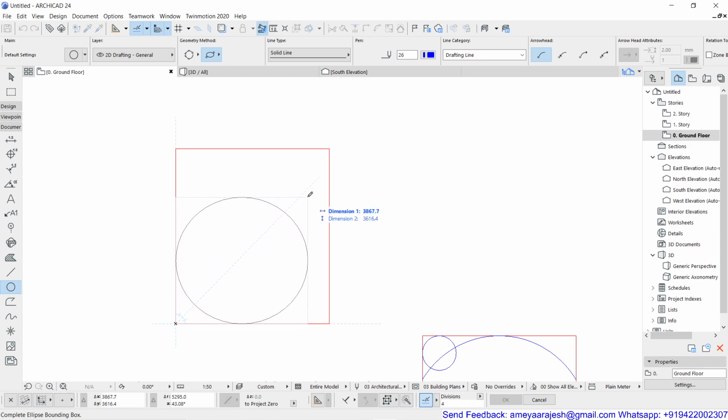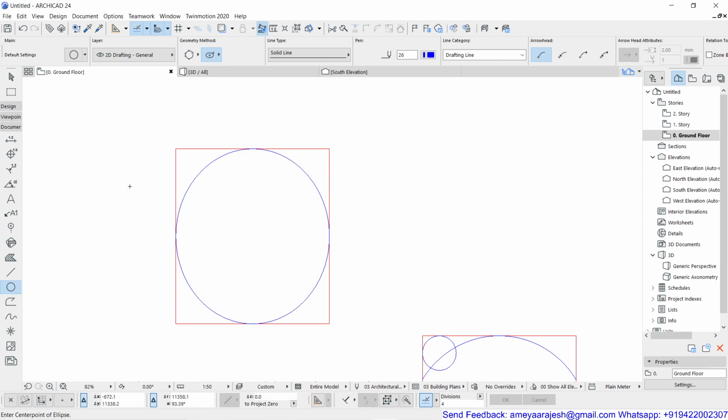So this time again, I'll just try to get the pencil on the opposite corner of my rectangle, and that's it. So this becomes my ellipse, which is nothing but a combination of major axis and minor axis. That's nothing but my rectangle's short side and long side. So try this. Once you complete this, the next part I'll explain, that is nothing but the next geometry method.